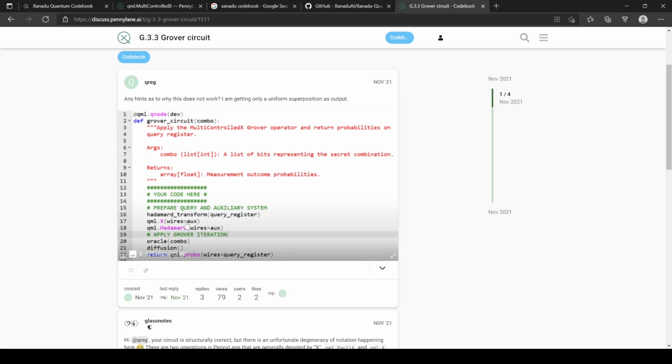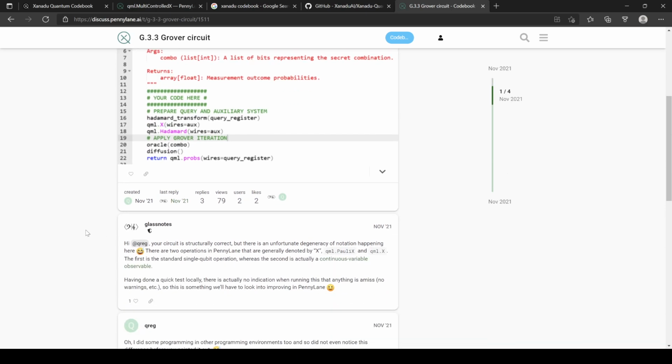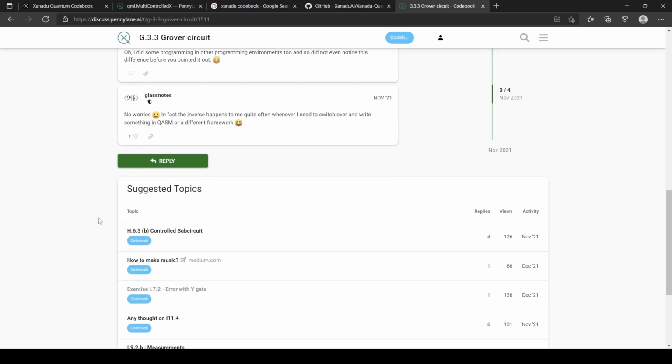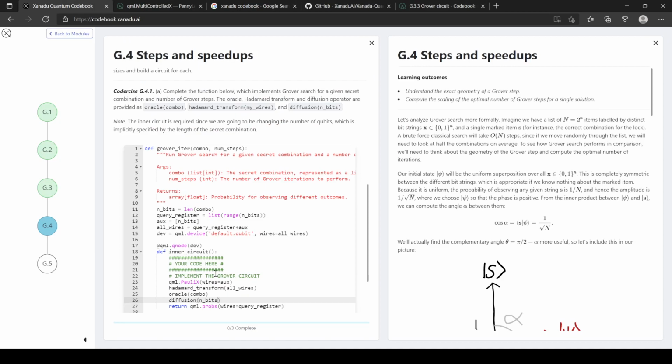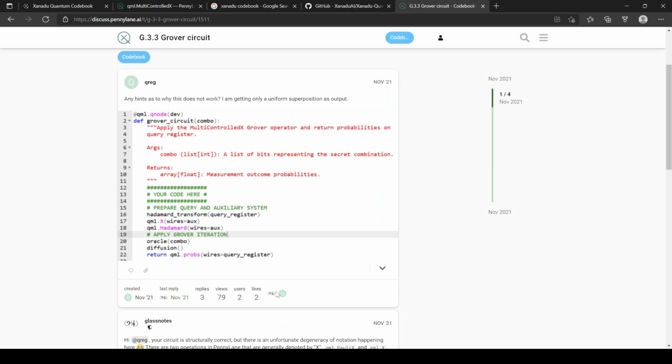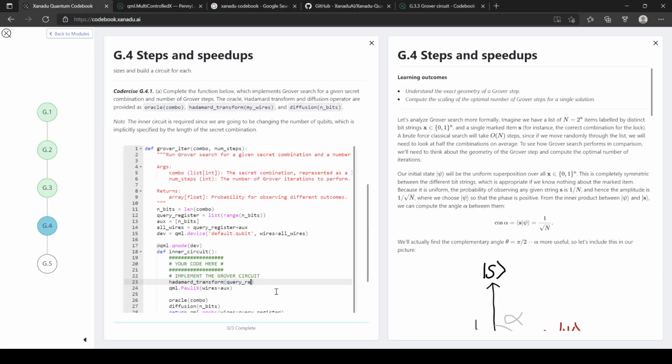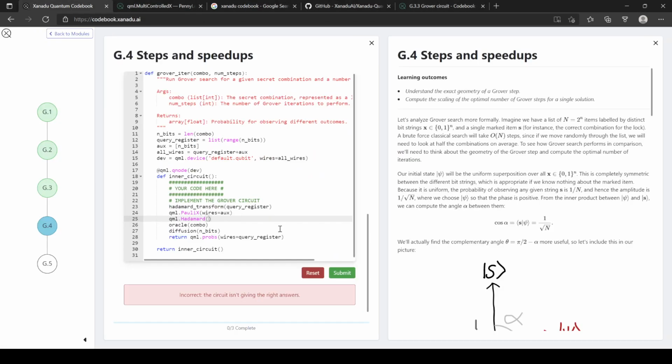No, this one doesn't work because they didn't apply. Oh, why doesn't that one work? Oh, it's because they didn't say polyx. Maybe that's what they want me to do though. They want me to orient this differently. I should give the exact same answers now, but I'll try it this way. Yeah, it's the same circuit, so